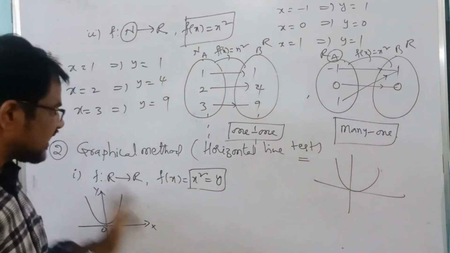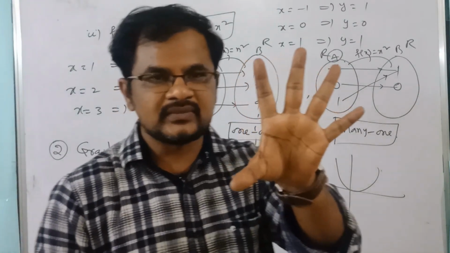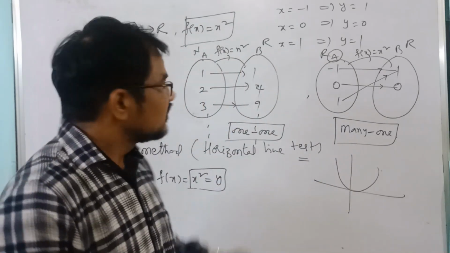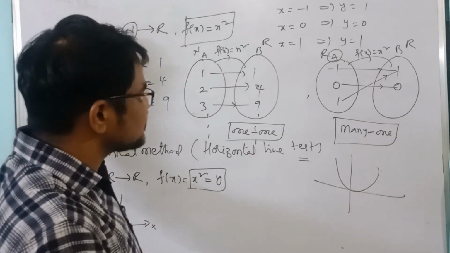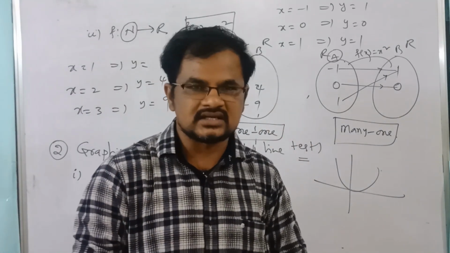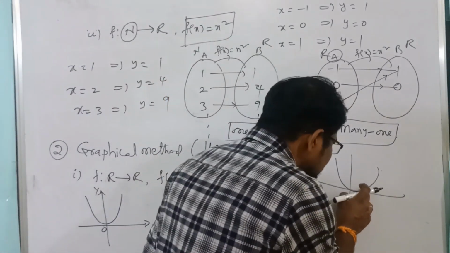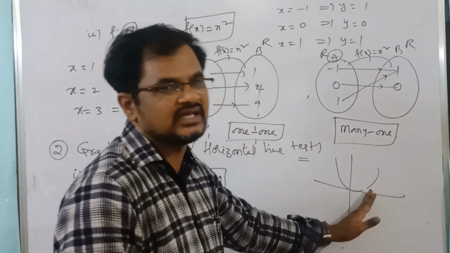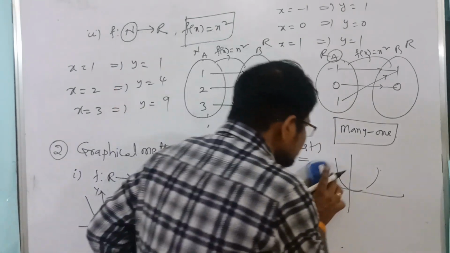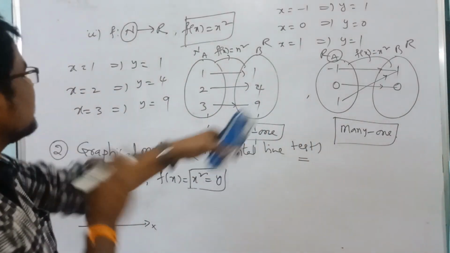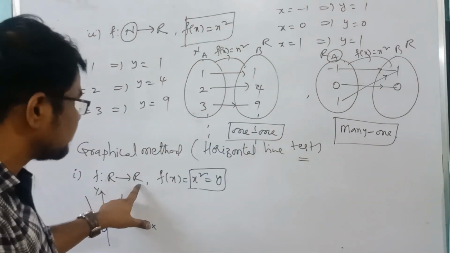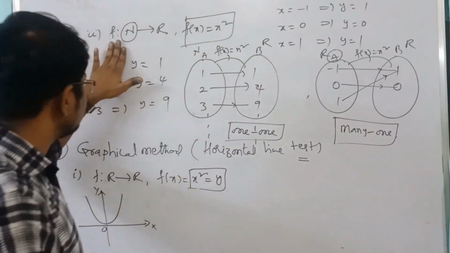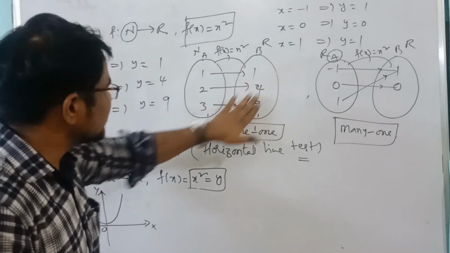So if you directly identify by the diagram whether it is one-one or many-to-one function and you are not observing the domain of the function, then you will get the wrong answer. Right? It is natural numbers, meaning it starts from here only. These values are not there. Whenever f is mapping from real numbers to real numbers, it is a many-to-one function. Whenever f is mapping from natural numbers to real numbers, the function is what?